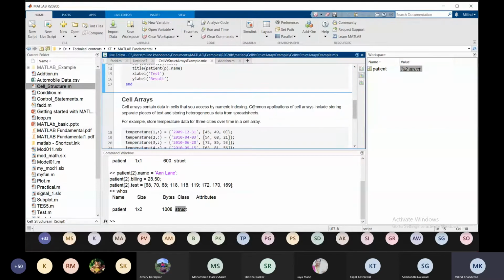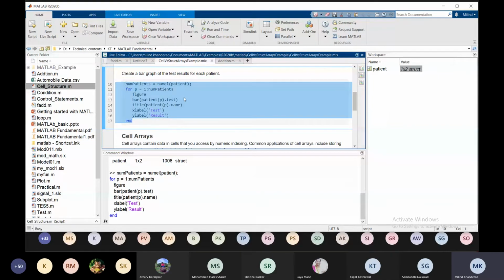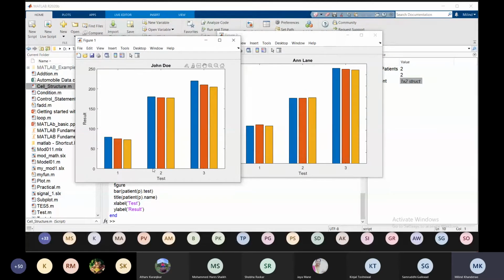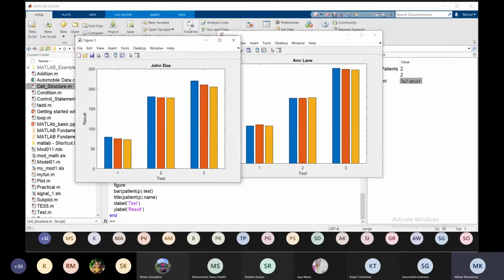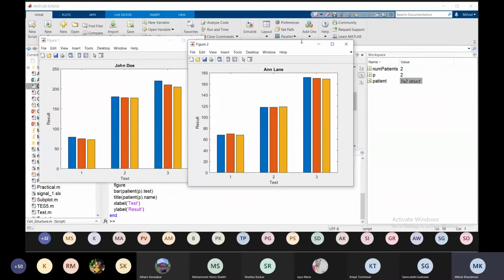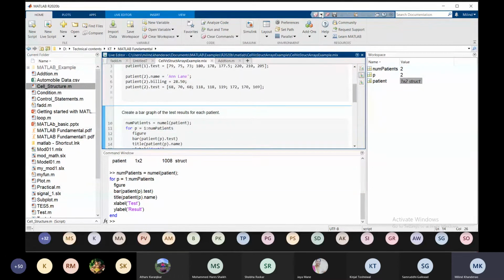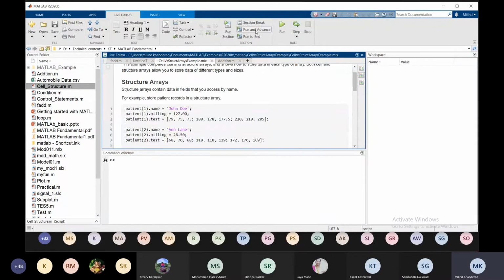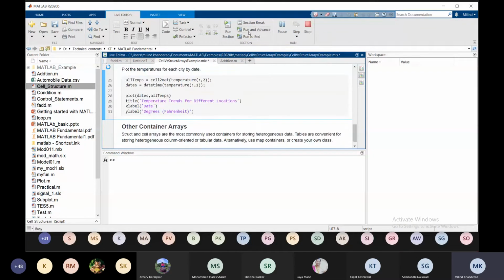Now let's say we can create the bar graph from this data that we have. So we had simple data with one patient name, and this is the bar graph of it. How to create plots I will tell you when we go to the plot section, and similarly the second patient. Well, this is the live script, so as I told you, you can execute things with iterative results.